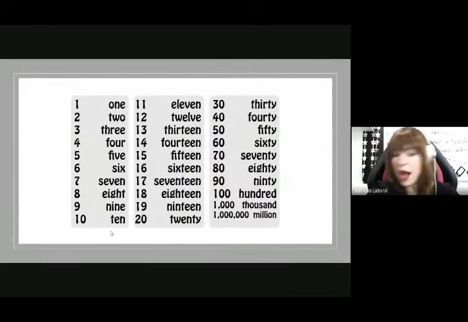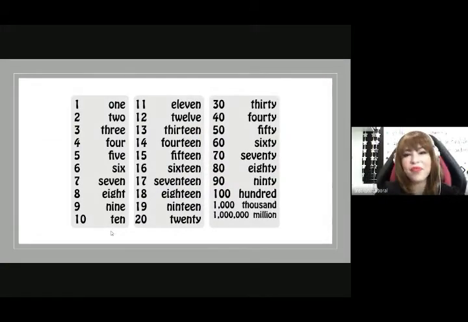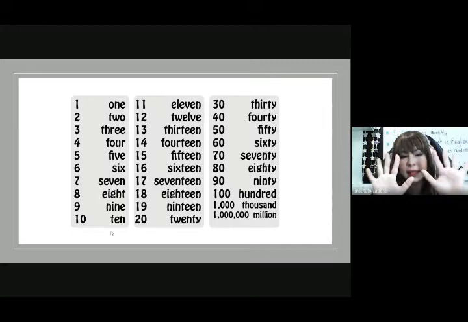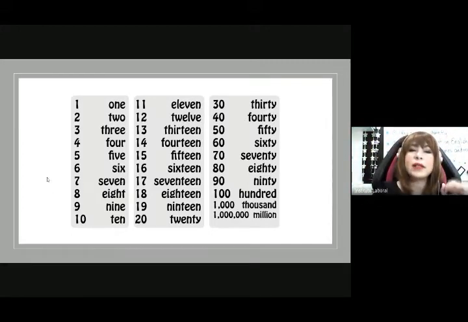Okay, now let's look at numbers. Numbers in English are easy to learn. What we have to do is master the first 10 numbers. Let's check the ones that we have here. This is the digit, and this is the word that corresponds to the name of the number. These are natural numbers, cardinal numbers: 1, 2, 3, 4, 5, 6, 7,